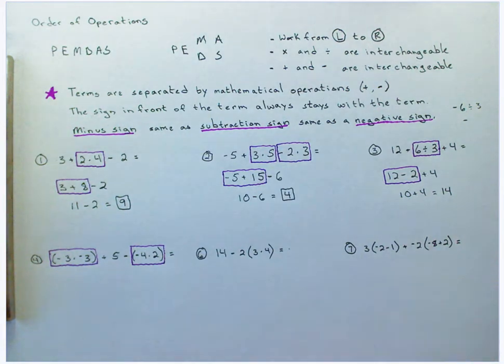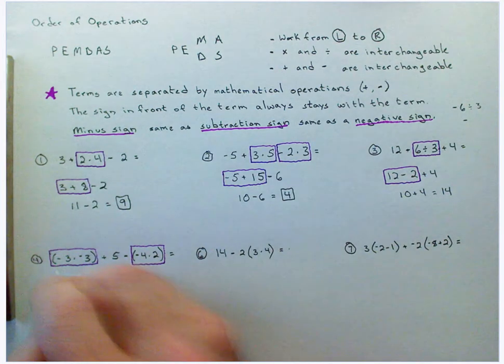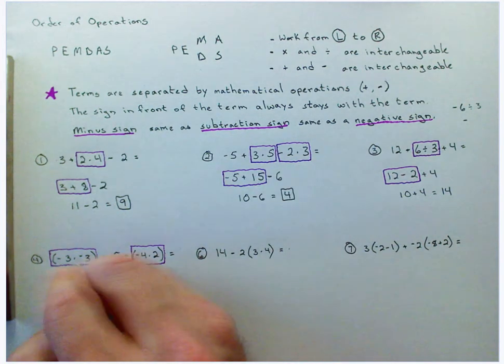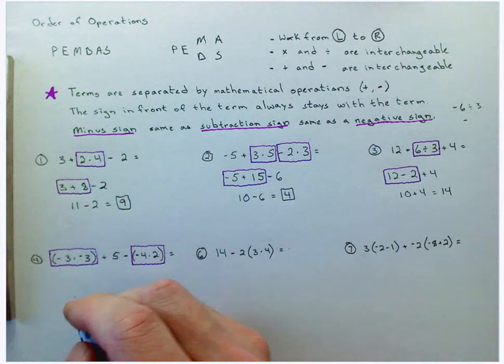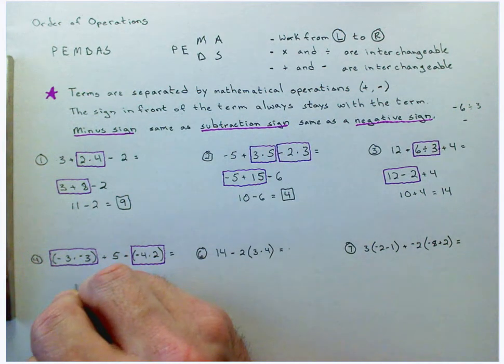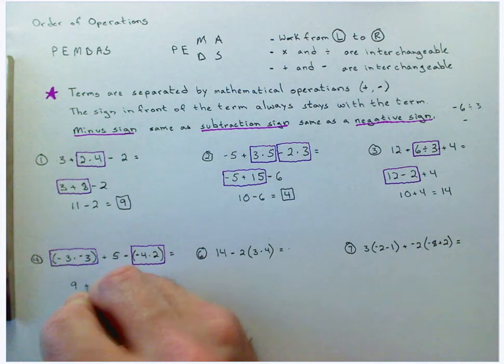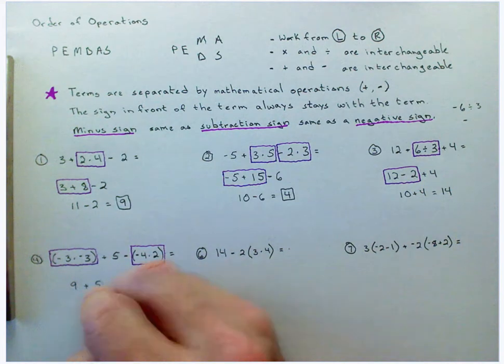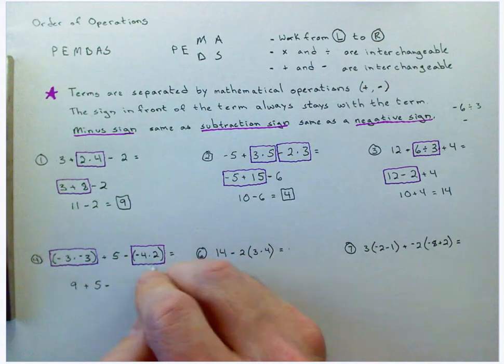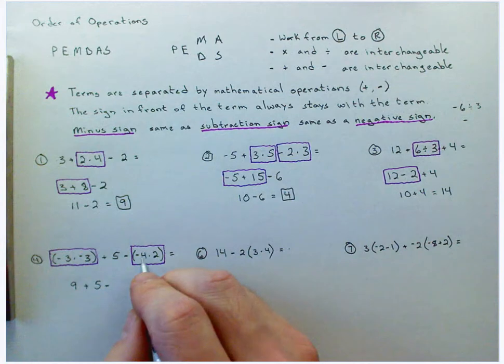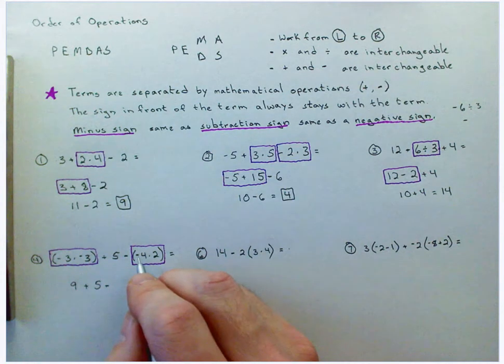You saw that whenever you were adding and subtracting integers. You can just put parentheses around a -3. If there's no work to do inside the parentheses, they just go away. So a -3 times a -3, a negative and a negative, even number of negative signs, positive answer. So that's 9 plus 5 minus a -4 times 2, a negative times a positive, odd number of negative signs,